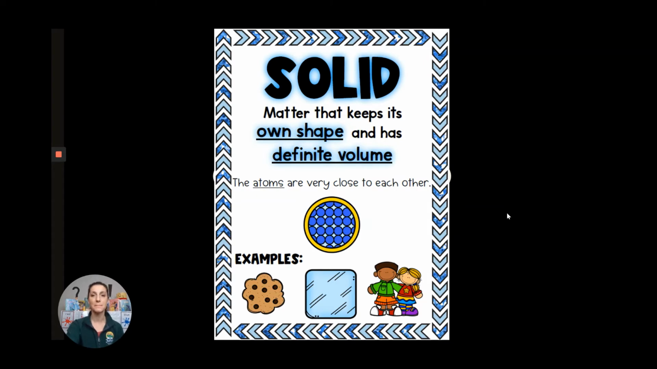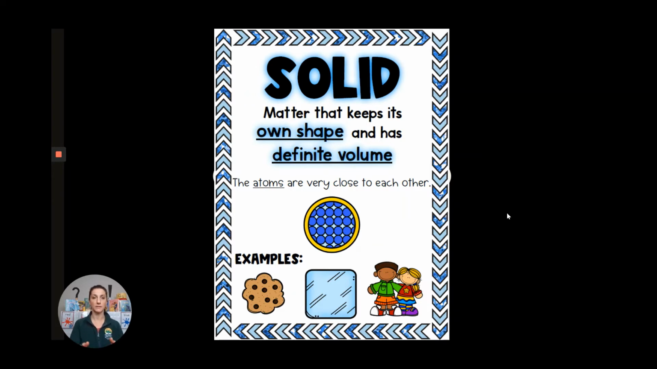Solid is a matter that keeps its own shape and has definite volume. The atoms are very close to each other. So, okay, it says matter keeps its own shape, right? Now, it means that it keeps its own shape unless something happens to it. So, like if you had